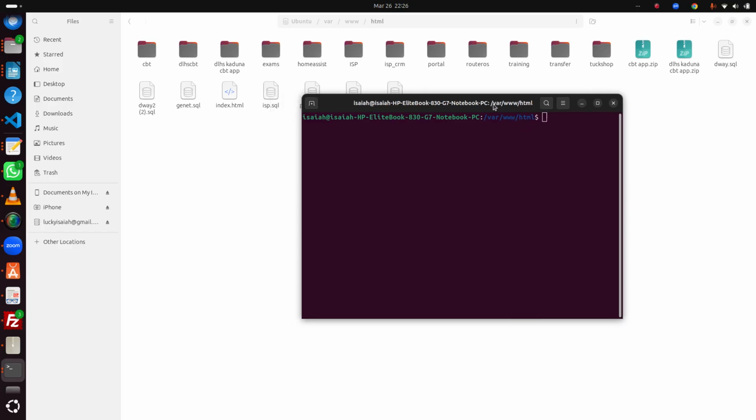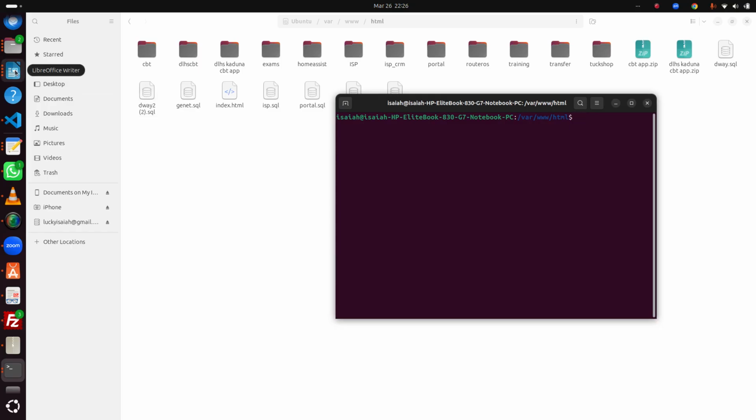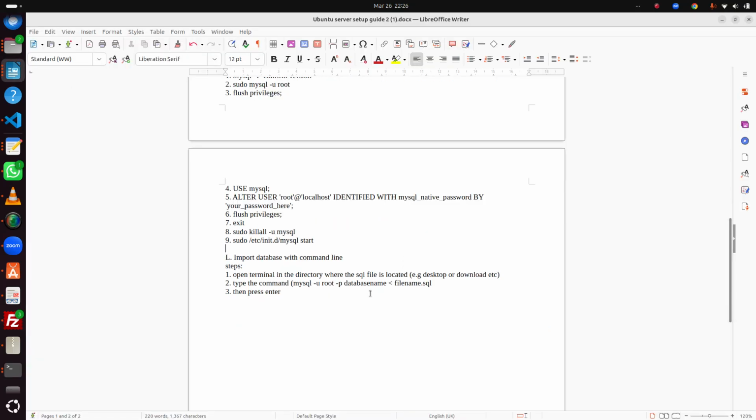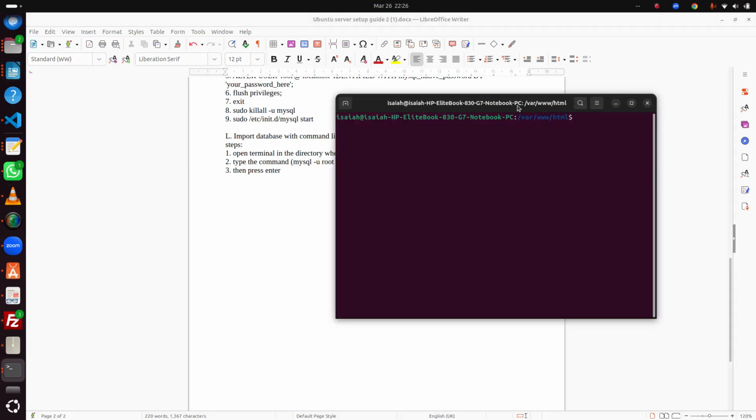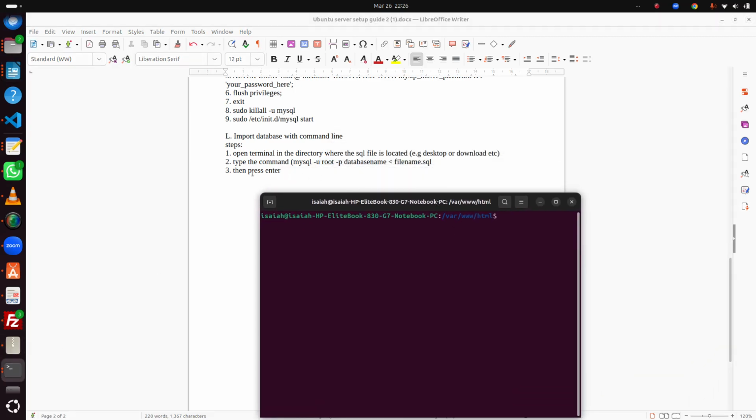So once this terminal opens like this, then there's a command you will type. Now pay attention, let me load it here, because this document will be made available to every one of us, and I want you to follow it religiously. So you are going to type this command. The first item, I say open terminal in the directory where the SQL file is located, e.g. desktop or download etc. Then number 2, type this command. Now the command is